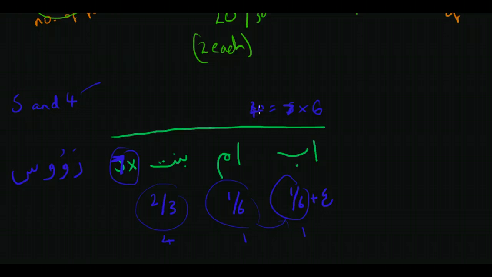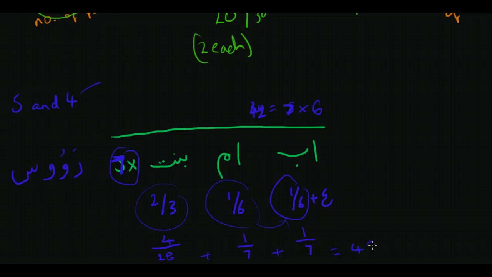Is that right? 42. And so we times by 7 up here, we have to times by 7 down here. So instead of 1 we have now 7, instead of 1 we have 7, and instead of 4 we have 28. That's 28 plus 7